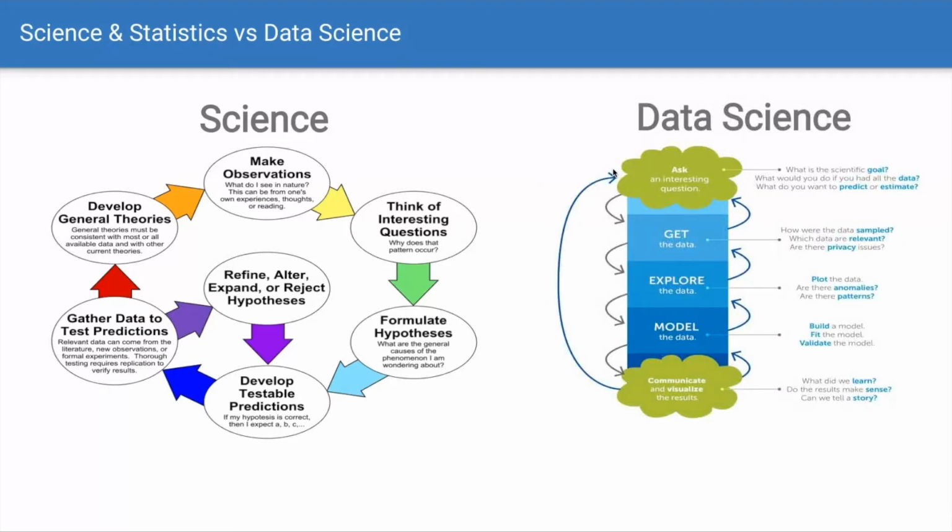Well, this is from the Harvard online course in data science, and this is saying, okay, you ask an interesting question, you get some data to try and help you answer that question, you explore the data and see what you can learn, you model it, so you develop some sort of algorithm or some sort of predictive model that explains the data, and then you communicate and visualize the results. So a data scientist is somebody who has a skill set in one or more of these little boxes in a